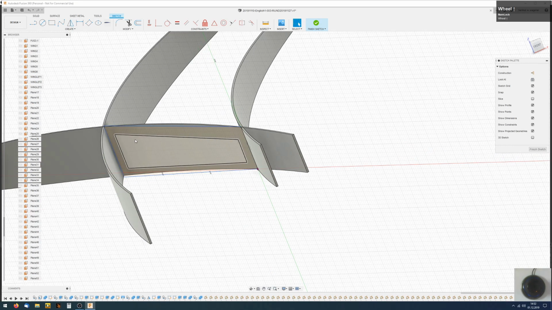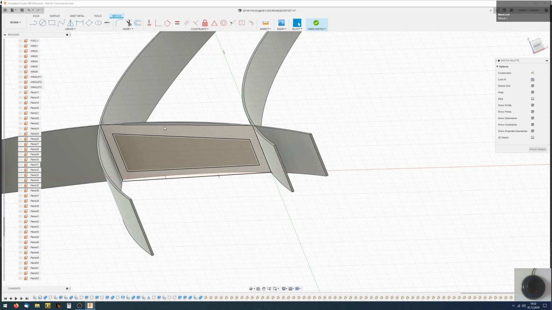So, what to do now? Okay, this and this plane, they're parallel.